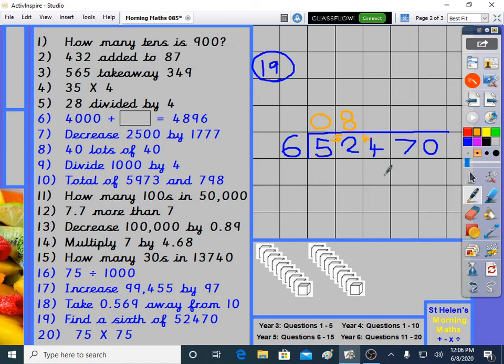How many 6s in 44? 6 and 12, 18 and 24. Then 30, 36 and 42. That is 7. But I only counted to 42, and that says 44. It's 43, 44. The remainder 2. How many 6s in 27? 6 and 12, 18 and 24 is 4. I only sang to 24, that says 27. So 25, 26, 27. I count in ones to find a remainder 3, and this is going to work nicely